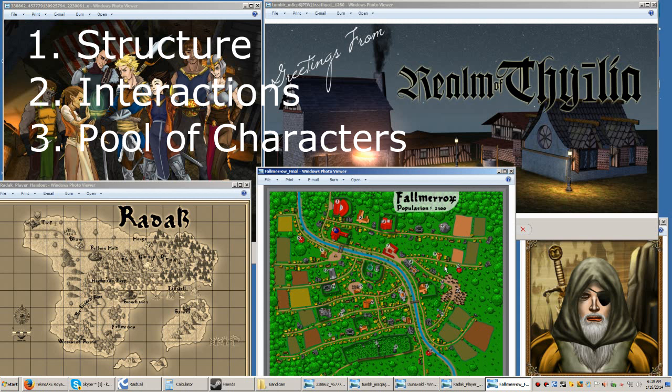And then once you're getting these characters involved in storylines and stuff, then you can start fleshing them out more, painting more detail, if you will, on the characters.